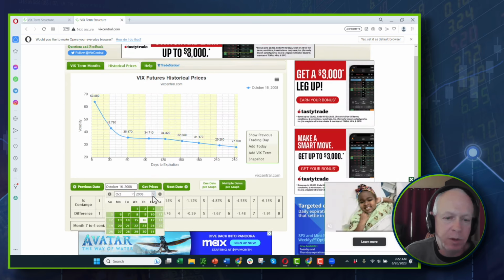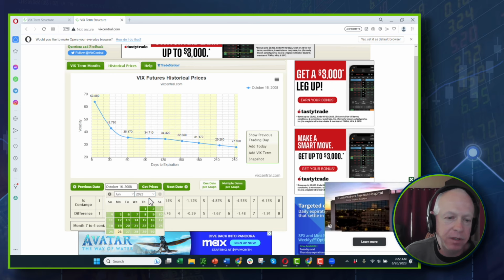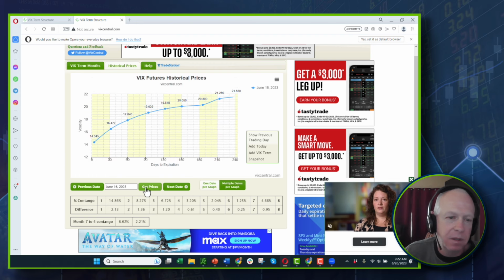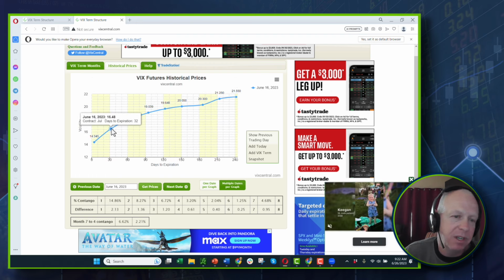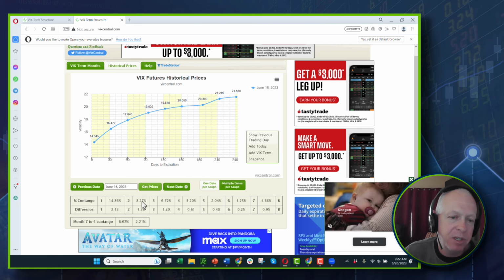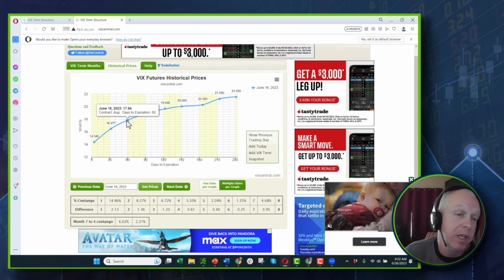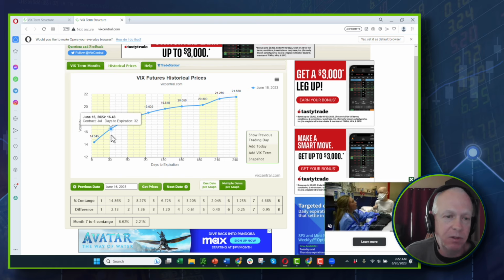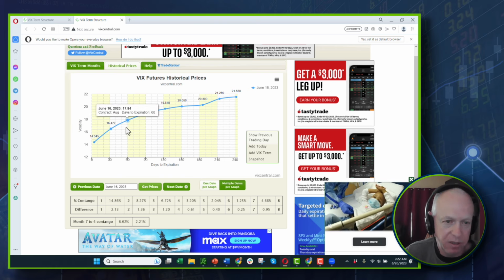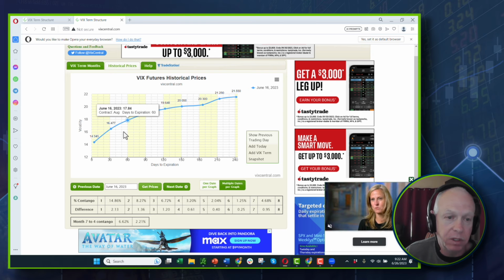You can overlay these if you want to. I like to look at them independently sometimes. But if I go into the 16th here, this is invalid because it's expired, but we're at 16.48, and we're 8% into contango and 17.40. From week to week, this should be dropping, so we should have a certain amount of drop in this if we're bullish, and this should be going more into contango if we're bullish.